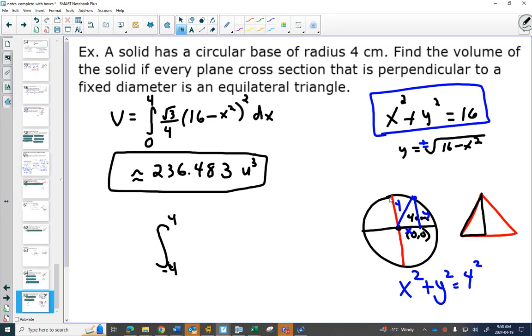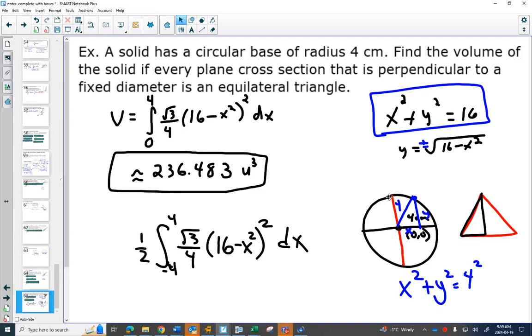So if I go from -4 to 4, that would give me half of my equilateral triangle. And then double this, I would get the full equilateral triangle. Different ways of thinking of the same thing. Okay, so